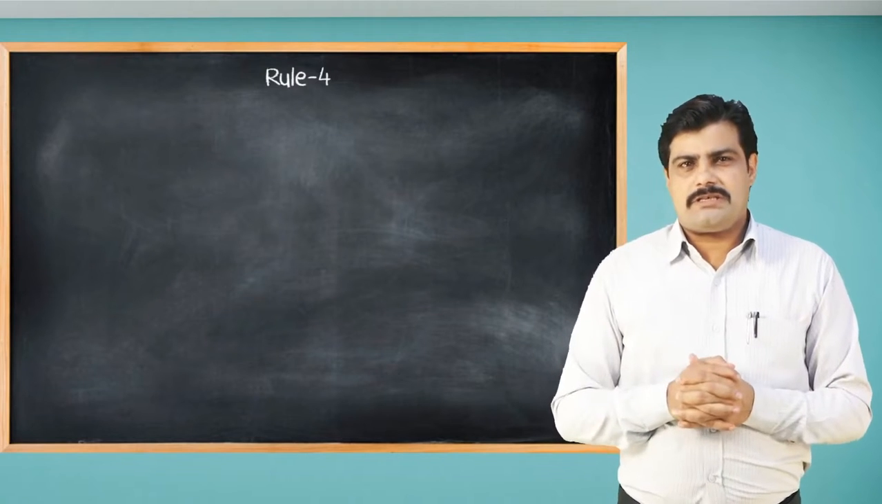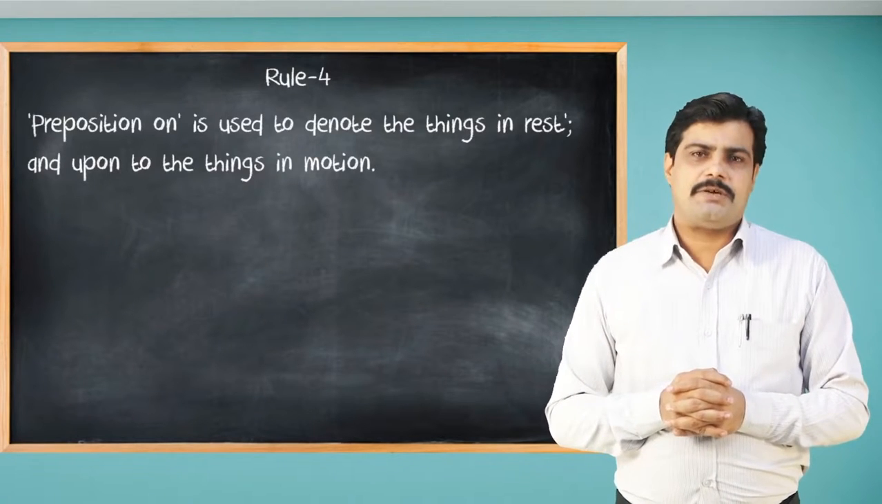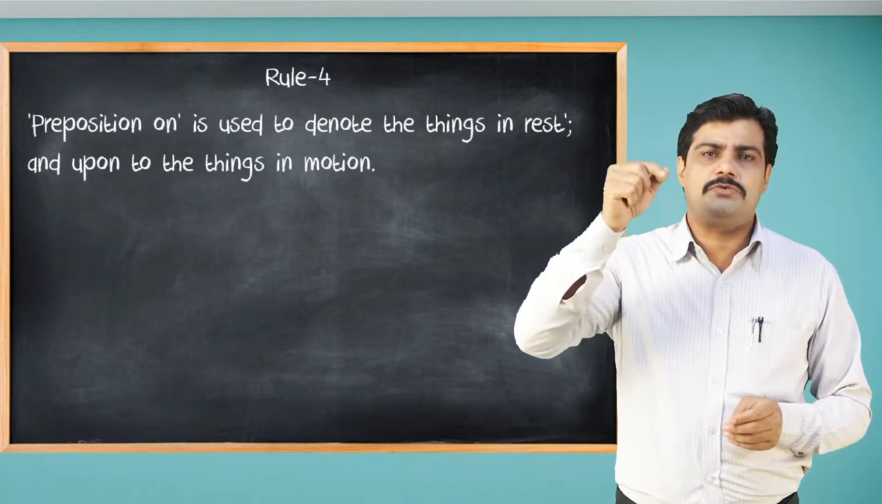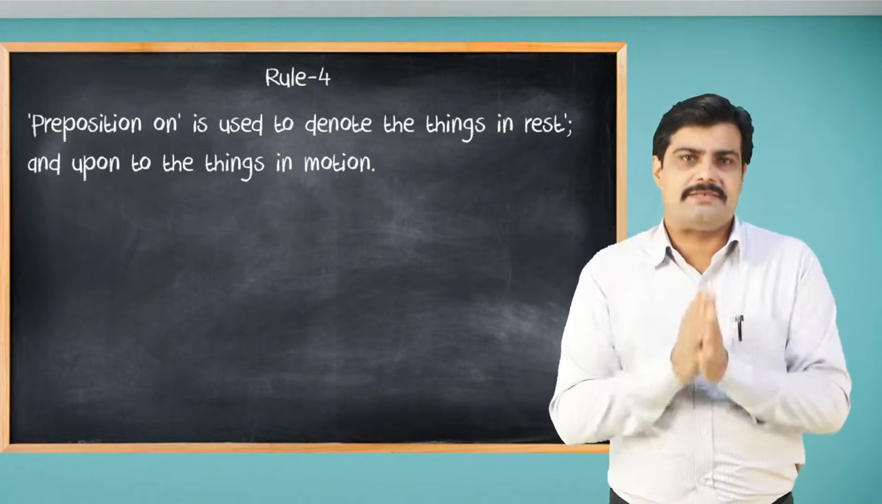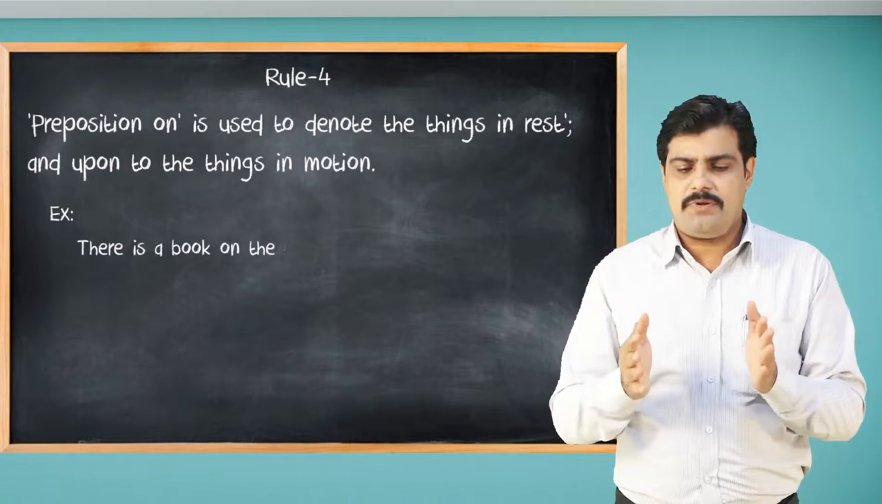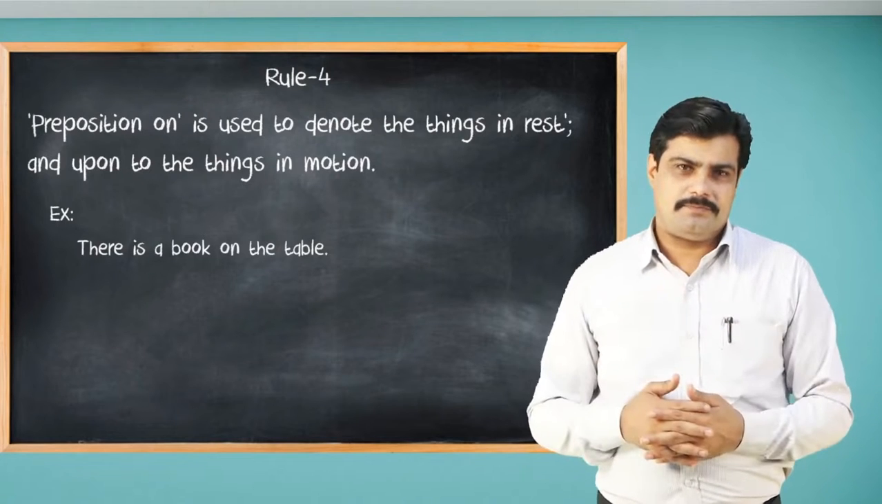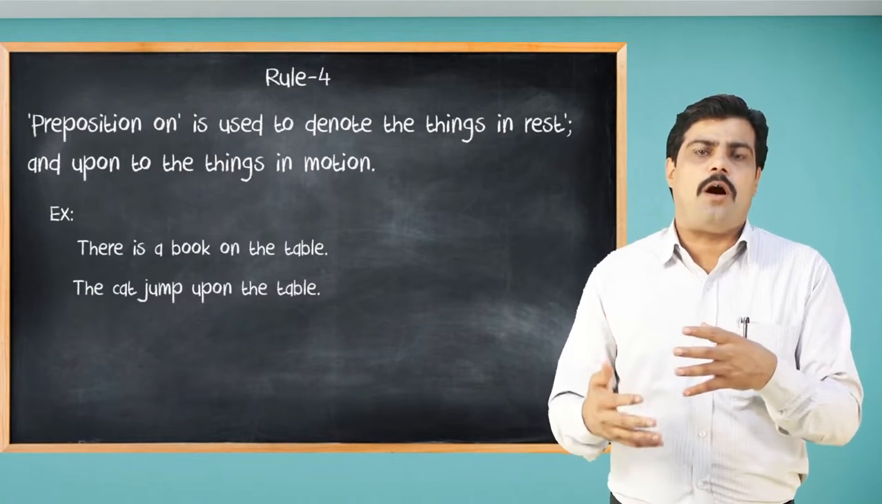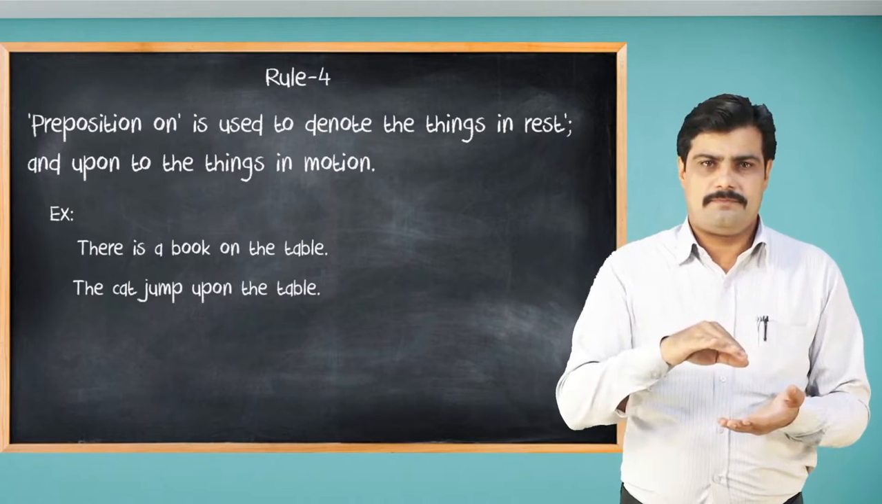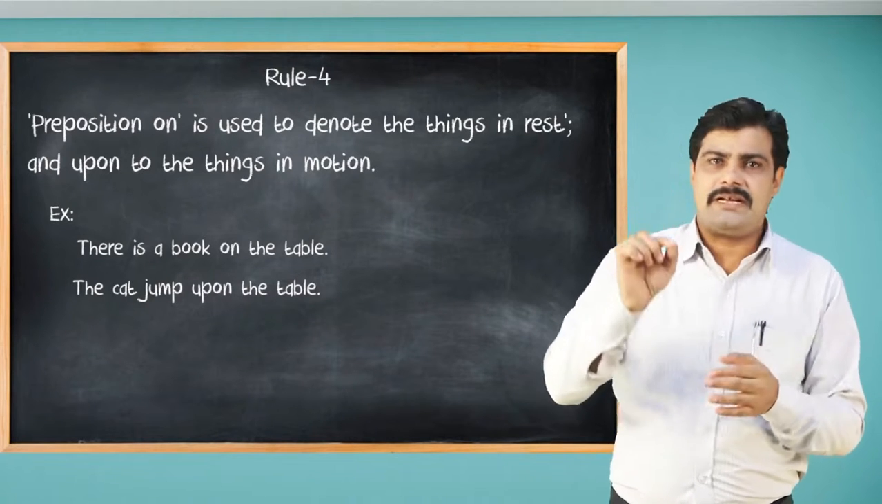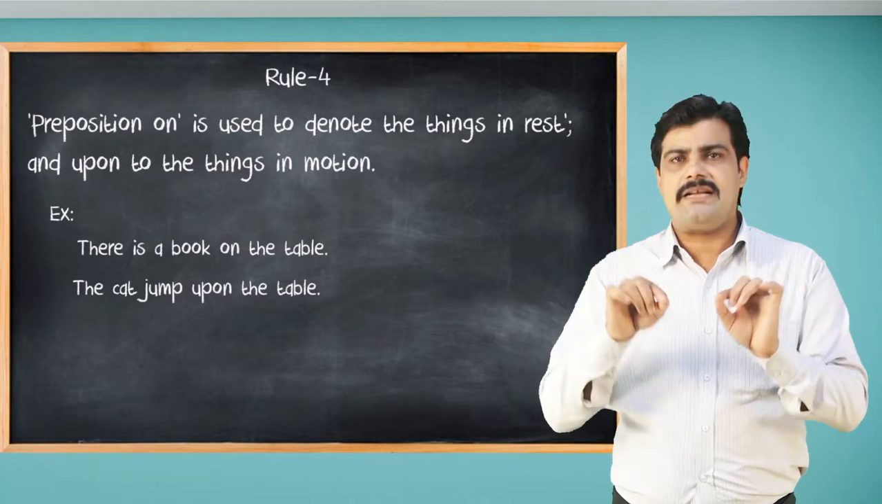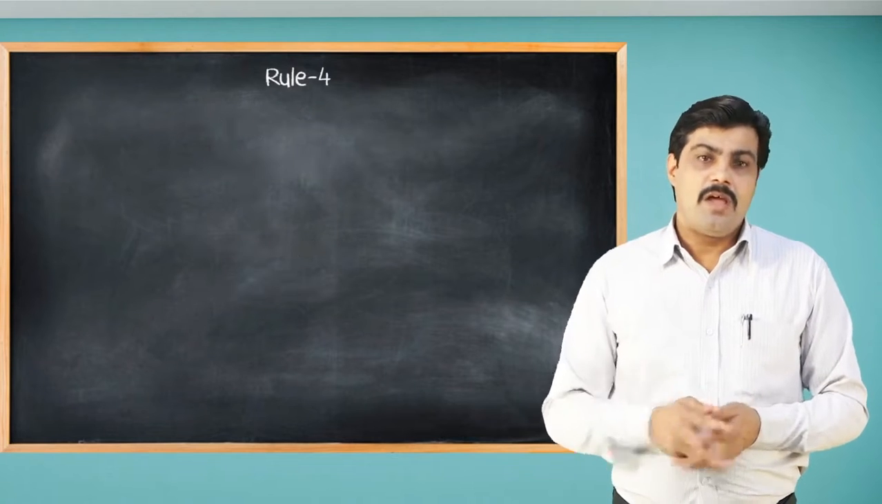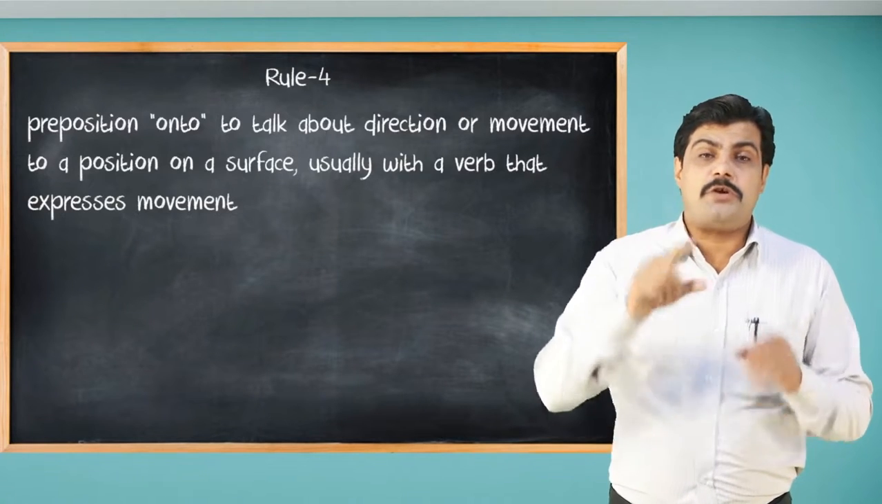Rule number 4 is important. Let's see this. The preposition on is used to denote a thing at rest. For example, there is a book on the table. The cat jumped upon the table. So in both sentences, in the first sentence there is no motion. In the second sentence there is motion. But we use the preposition onto